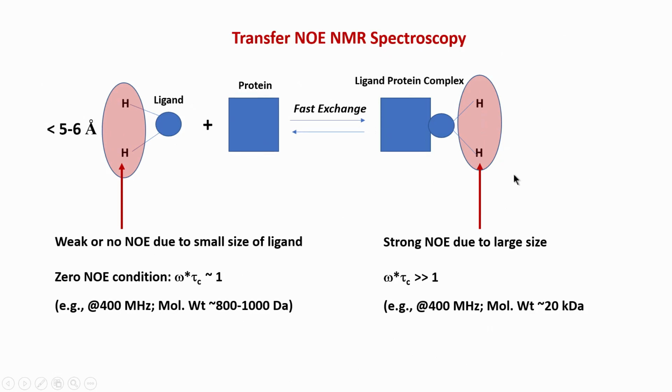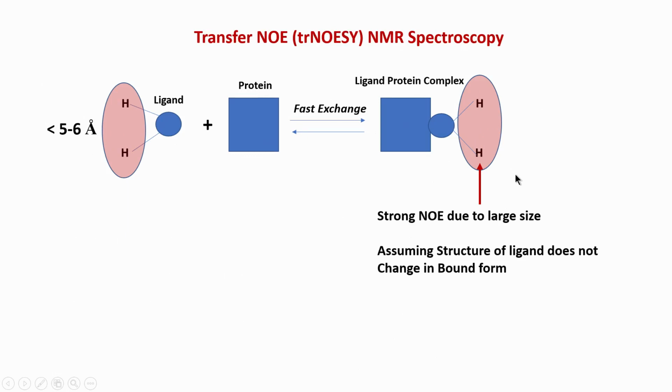So, if it is 5 angstrom here, we expect it to be close to 5 here as well. Now, given these conditions, what will happen in a transfer NOE? This is called transfer NOE spectroscopy. Transfer NOE is basically similar to STD, saturation transfer. Here we are transferring this NOE effect from here to here, because the broad idea is that this molecule has no NOE, but the same ligand bound to the protein shows an NOE effect.